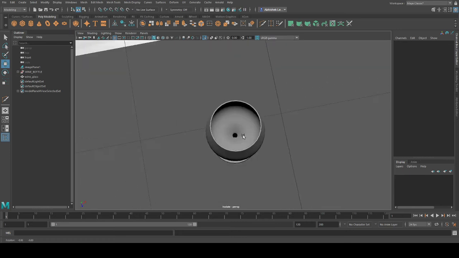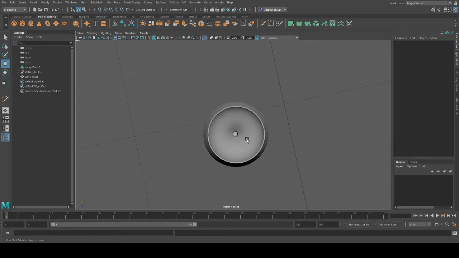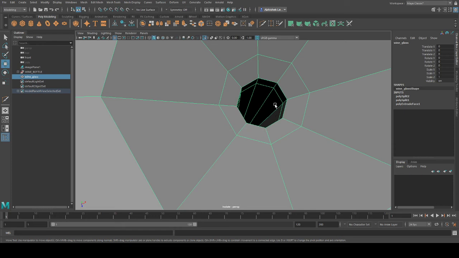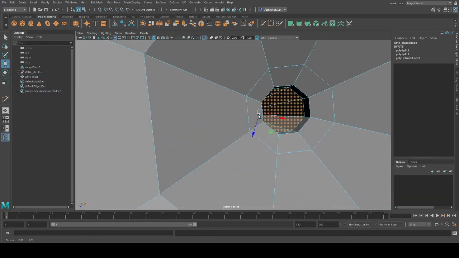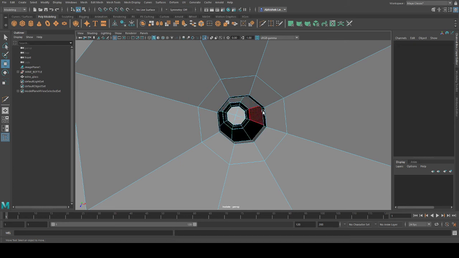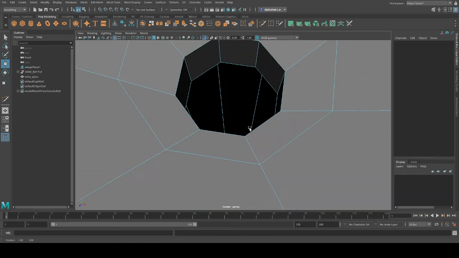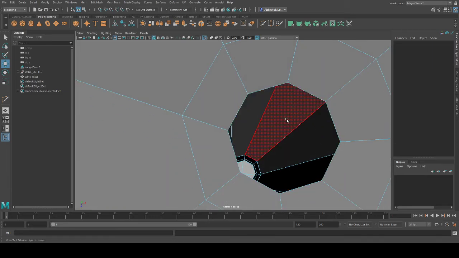If your scene is nothing like this, you're not viewing it like this, you can keep that hole. If you don't want that hole, what you can do is you can just fix it. Fill hole. Right, good one. Okay, first you have to delete the inside part. The bottom part which is inside it. Why? Because you don't want it extra. That is extra because it won't be visible.